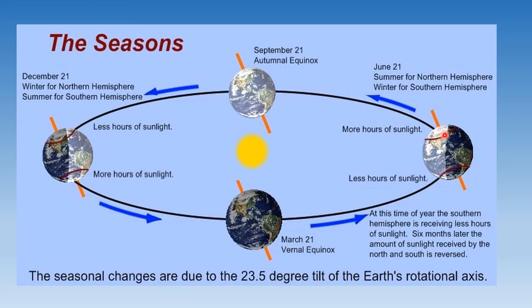And since a large portion of the northern hemisphere is getting light from the sun, it is summer in the region north of the equator. This is the equator. The area above it will have summer season, with the longest day and the shortest night. This occurs on 21st June. Summer for the northern hemisphere, and it will be winter for the southern hemisphere.